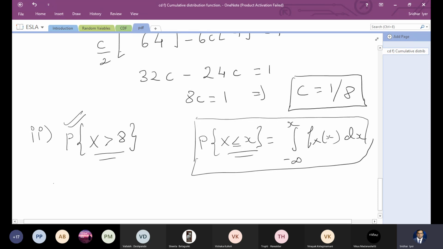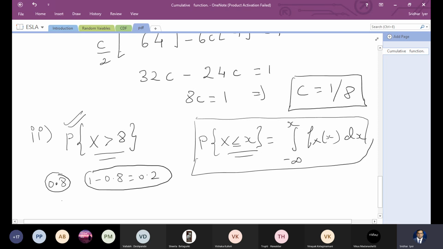The probability of occurrence of, let's say, a red car being parked in a parking is 0.8. What is the probability that this red car will not be parked in the parking? How will you find that? 1 minus 0.8, that is 0.2, right? So what have you done? The occurrence of an event, red car in the parking, is 0.8. The non-occurrence of the red car in the parking is 1 minus 0.8.